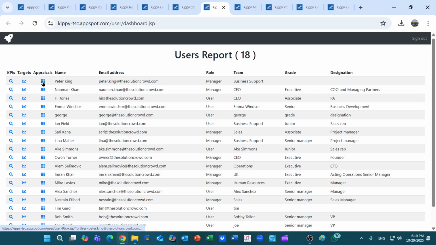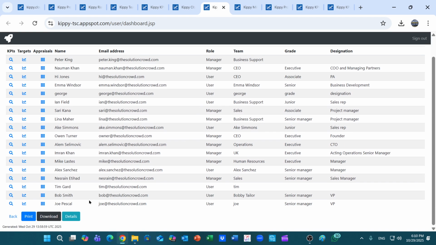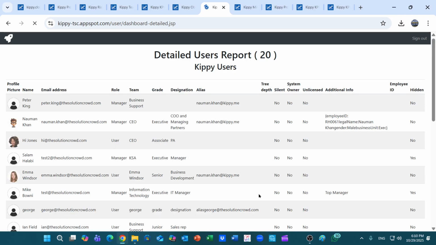Also will give me a little bit of accessibility on the nine box report to see where the person is standing, in addition to other KPI and target information. Of course, you can download and you can click on details, so you will have much more detailed